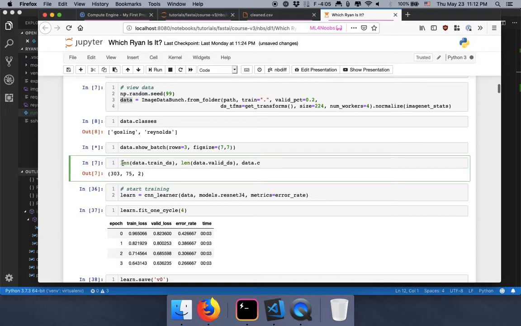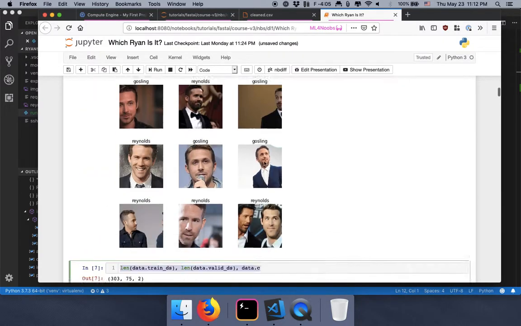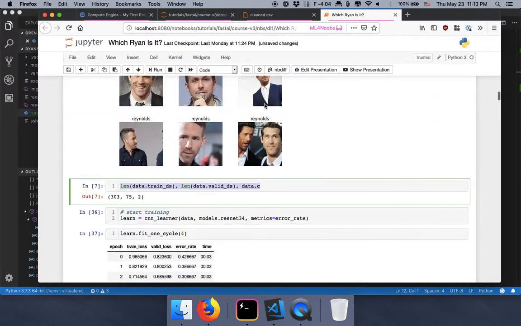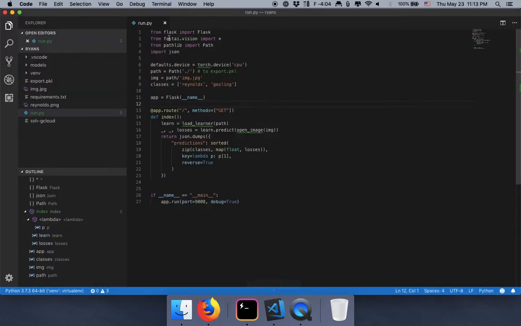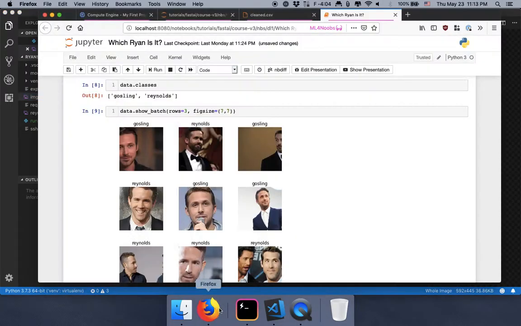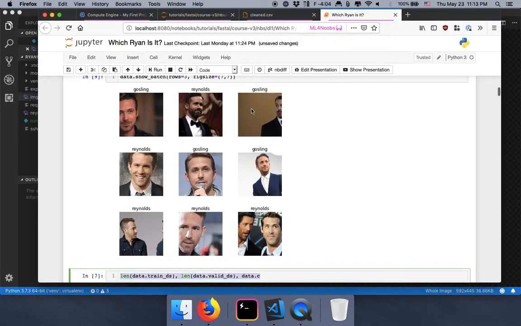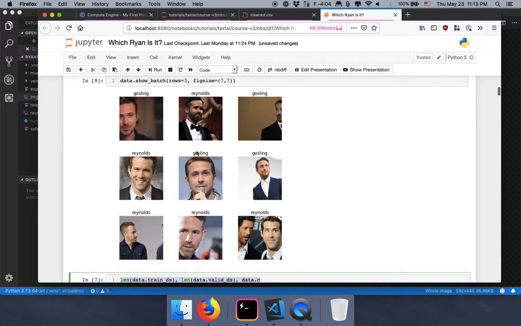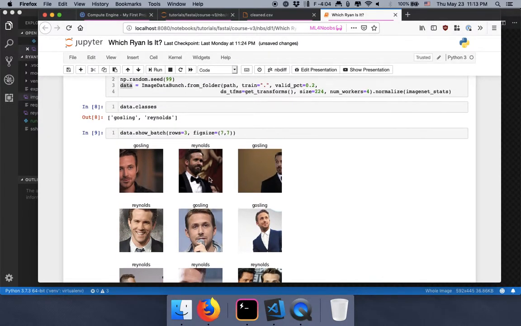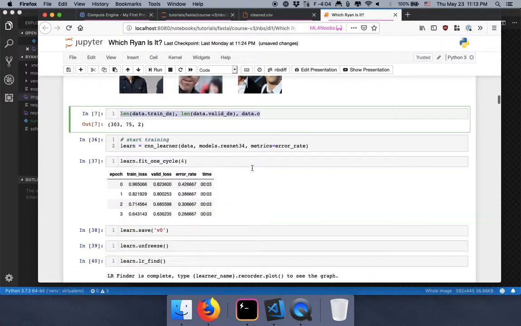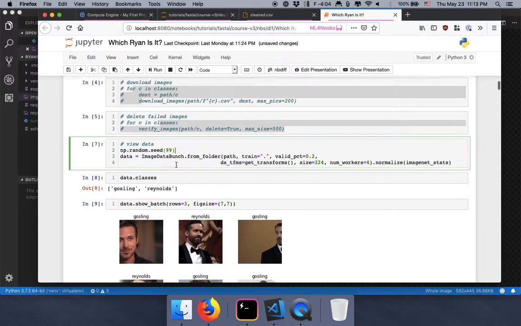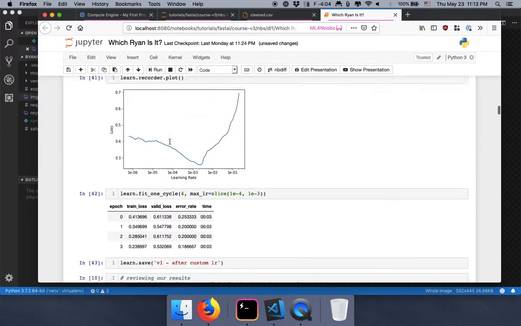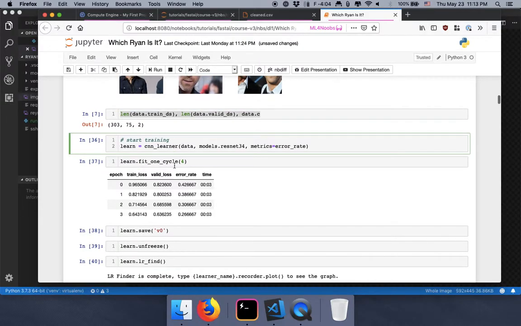And then I also want to do it, so you definitely want to do this before you run it, right? So when I go here, this is Reynolds, that's Gosling, and then the image that we had, yeah, definitely Gosling, just based on what they look like. It's Reynolds, Gosling. Okay, yeah, I'm actually starting to tell them apart. With the beard, it's a bit more difficult. But anyway, that's all fine. Now I want to switch to